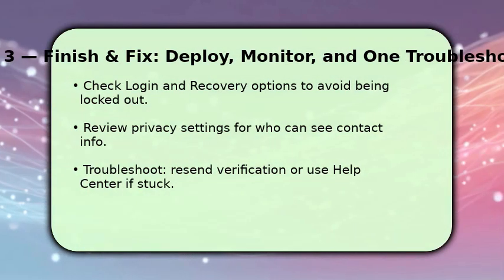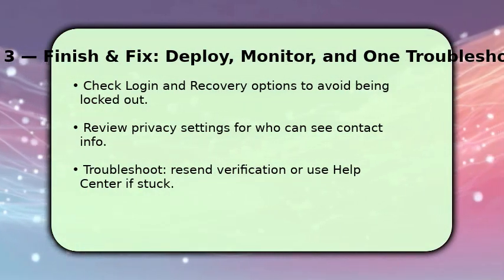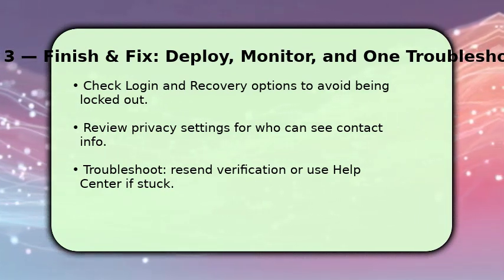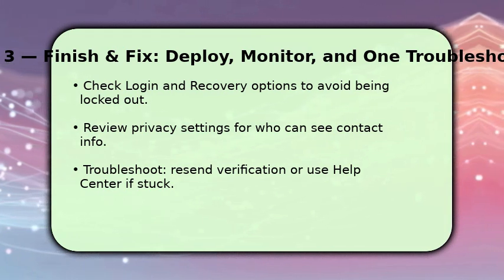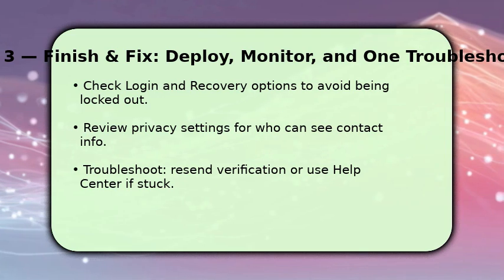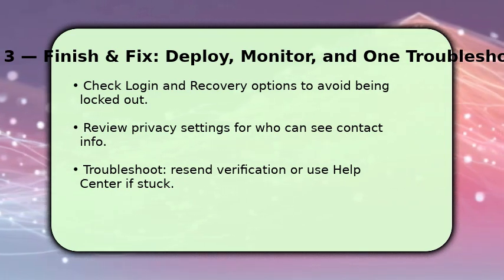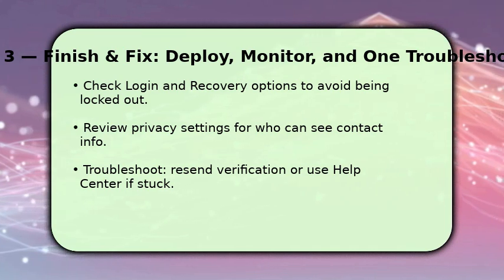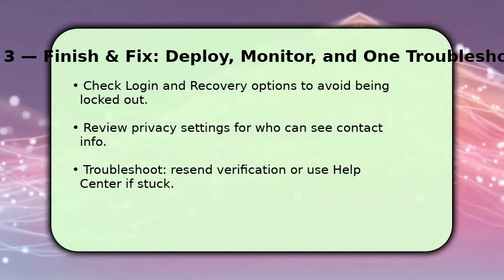Finish by verifying that the removed phone and email no longer appear in contact info and that login and recovery options still work. Once done, update your privacy settings so future contact details aren't visible to everyone. This reduces accidental re-exposure. If Facebook prevents removal because it's your primary login, add another login method first, then remove